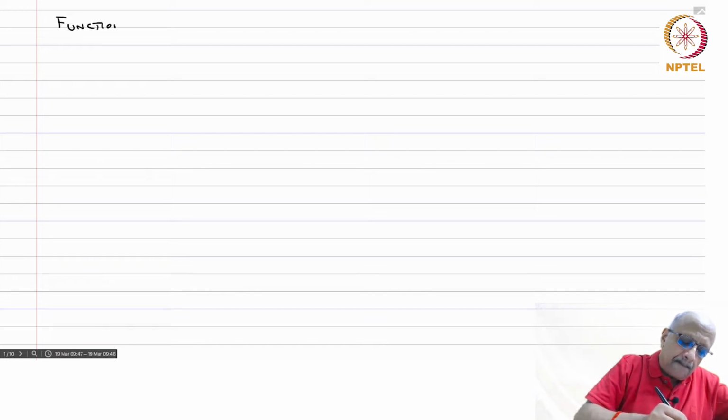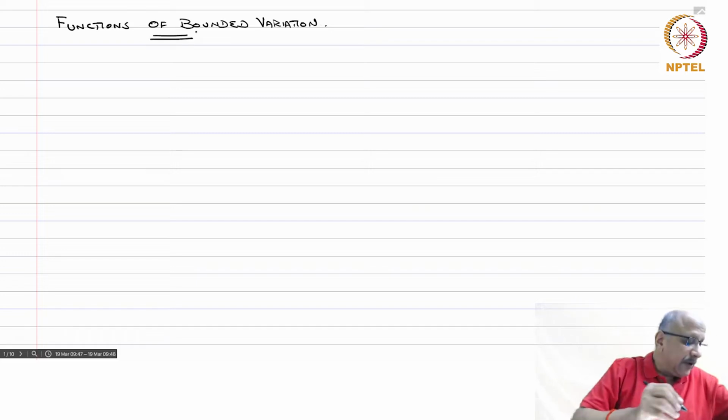So we'll now investigate another class of functions which will be differentiable almost everywhere. These are a very important class. This is called functions of bounded variation. You might have seen these already in your analysis course. Anyway, so let f: [a, b] → R